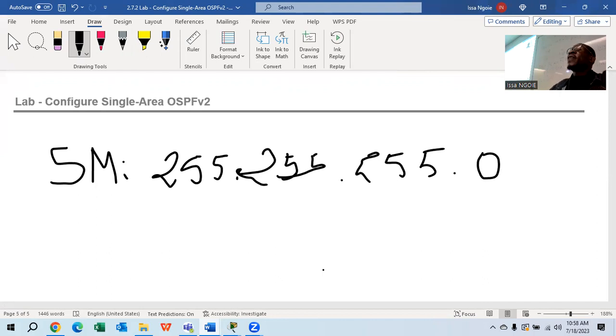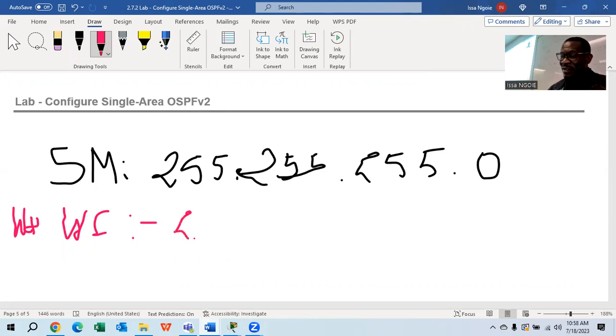Now, how can I find the wildcard mask that we are using for OSPF? So the wildcard, let me say WC, right? How are we gonna find it? So I'm gonna take 255.255.255.255 minus